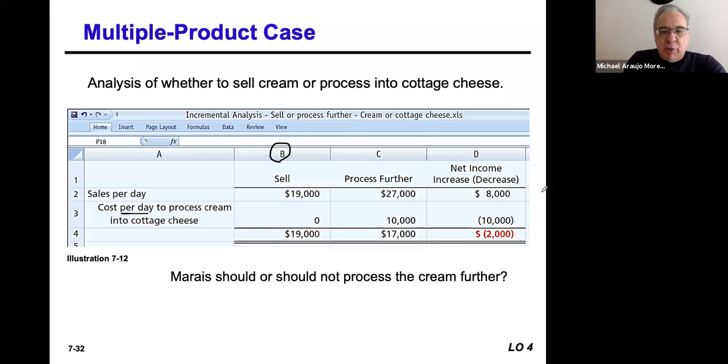Okay, so although we would make $8,000 more in profit because the sales would increase, we would incur 10,000 more in costs, which would of course decrease our profit. So if we went ahead and kept processing the cream into cottage cheese, we would lose about $2,000 per day. This is a per day thing. Okay. So should they process the cream further? The big answer there,